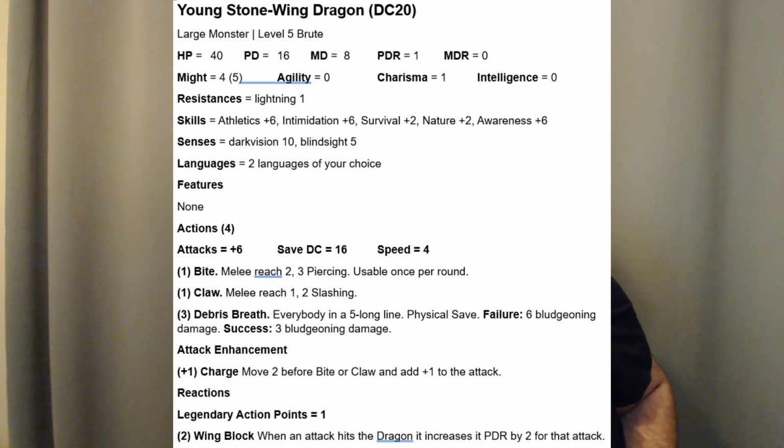Speaking of balancing, its debris breath. I don't have any kind of cooldown timer on this, so that's going to be a controversial decision. I don't know how the Dungeon Coach is going to do dragons in his system. As far as I've seen, I've not seen an example of one, so I don't know if it's going to be more of the recharge system that 5e uses, it most likely will be, or the 1d4 round system that Pathfinder uses. But I felt that was just a lot of extra tracking, so I decided to just make its breath weapon